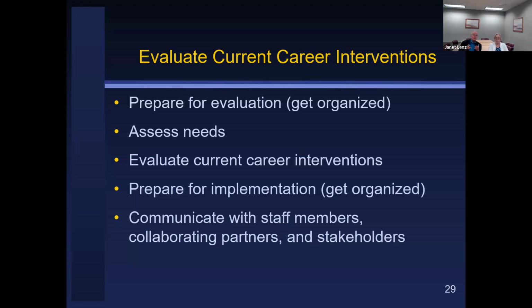ready for implementation. I've used this model in a wide variety of organizations, some small, some large, countrywide sort of things. And this step really helps where everybody figures out who's doing what at what time and so forth. This last step here, you'll notice gets repeated over and over again. It's the one step that's common to all of the 8 steps in the implementation model, and that's communication with staff.